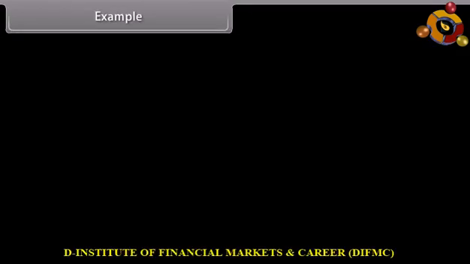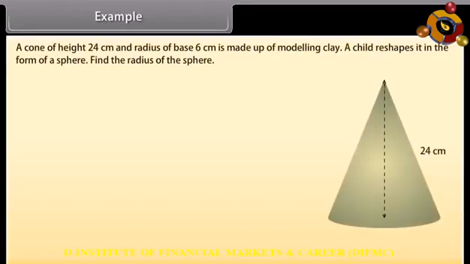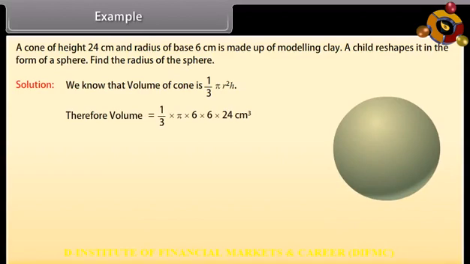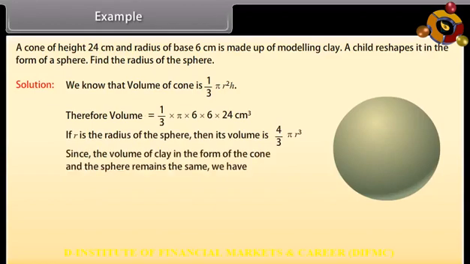Example. A cone of height 24 cm and radius of base 6 cm is made up of modeling clay. A child reshapes it in the form of a sphere. Find the radius of the sphere. Solution. We know that the volume of a cone is 1 by 3 pi r square h, which is equal to 1 by 3 into pi into 6 into 6 into 24 centimeter cube. If r is the radius of the sphere, then its volume is 4 upon 3 pi r cube. Since the volume of clay in the form of cone and the sphere remains the same, we have,